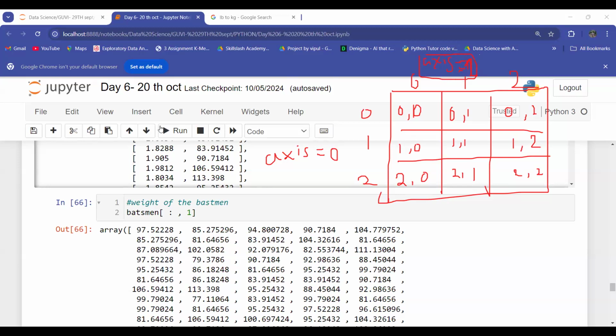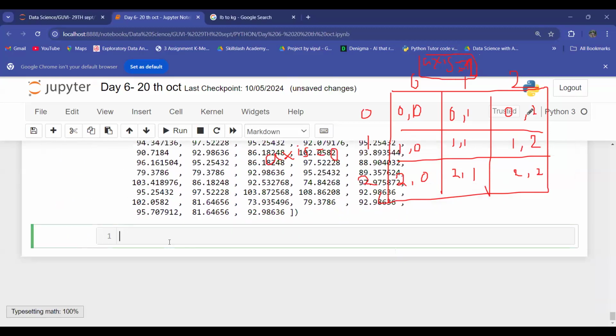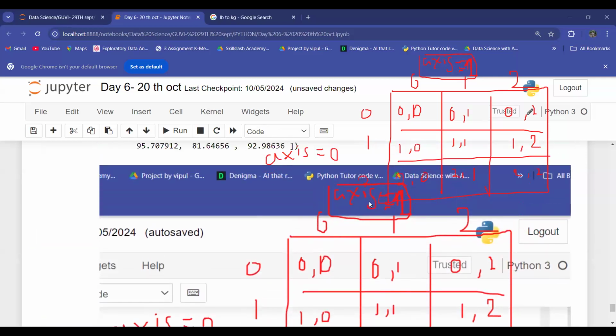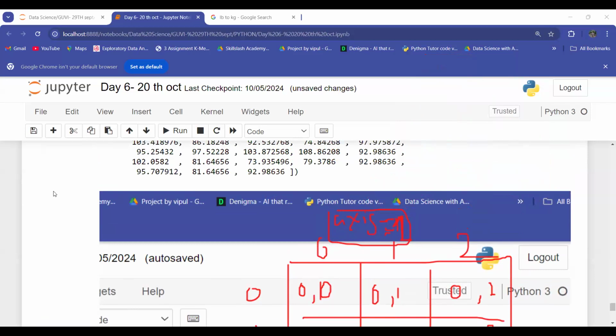I'll just take a snapshot of this figure and paste it over here so that you can remember this. So axis equals 0 and axis equals 1, you need to understand this. Anyway, we are going to see this in the pandas library itself. Okay, so the next is